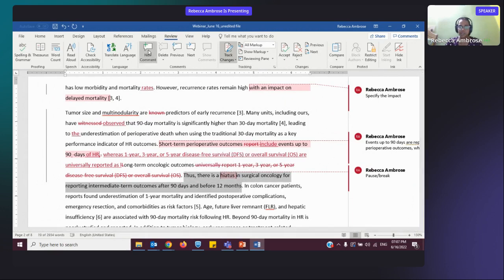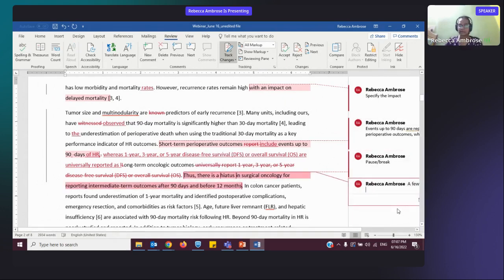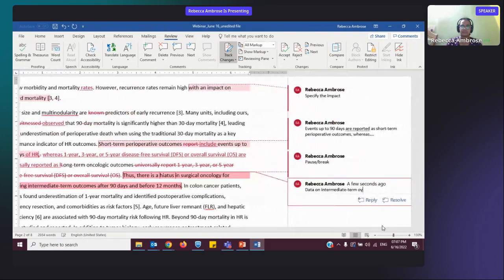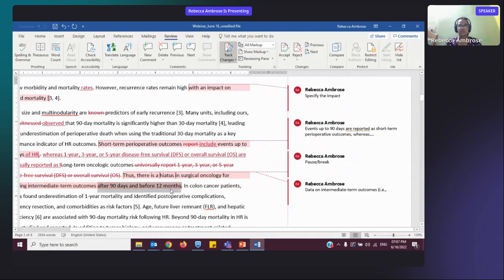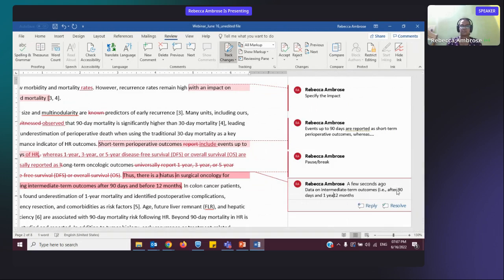So we can tell the author that this was slightly unclear, and if they mean that data on intermediate term outcomes, we can put all of this within, as an example over here, 90 days, and just for consistency in how they've been representing this till now, in 1 year,